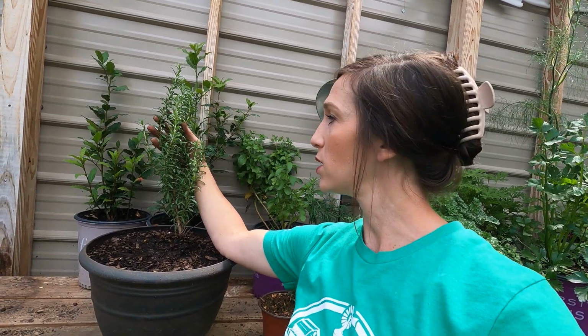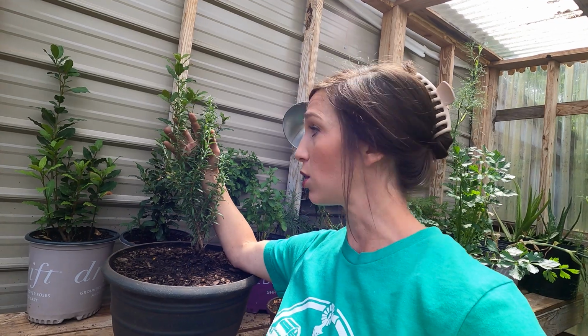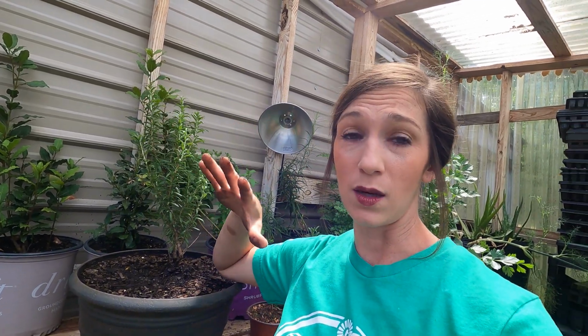Last year, I took multiple cuttings and planted those outside. I'm so thankful that I left one in the greenhouse, which was this one right here. Now, we had a very unusual cold. The variety that I have did not like it. I'm assuming that it adapted to our hot climate here in the South. We live in South Mississippi, so it gets really, really hot here. But my little variety apparently has adapted over the years and did not like the Arctic blast that we had